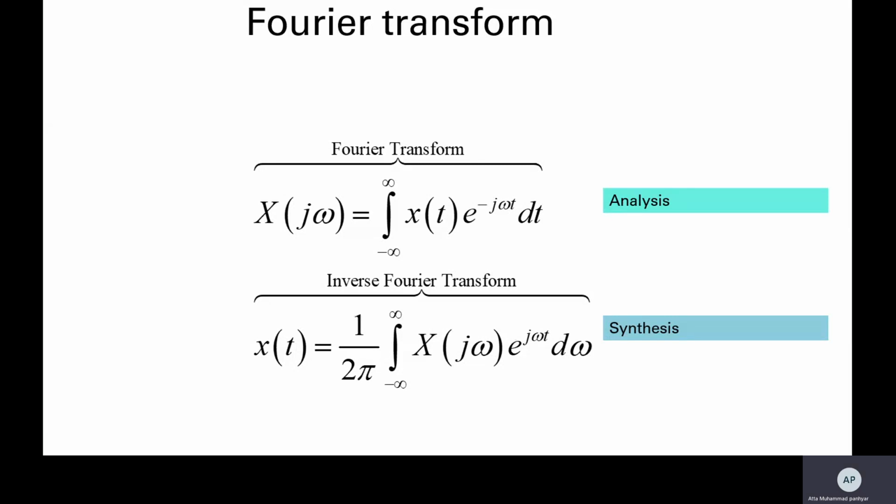In the last class, we discussed the Fourier transform and how to compute the frequency spectrum when we are given a time domain signal. We also derived two expressions. If we want to compute the frequency domain of a signal, then we need to use this equation, which is called the Fourier transform. And if we are given only the frequency spectrum and we wish to compute the time domain signal, then we need to use this equation, and this is called the inverse Fourier transform or synthesis, right?